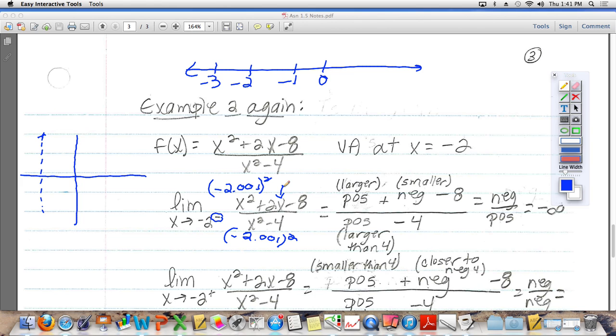One more to try, and then we're done. We have to figure out what happens as you approach negative 2 from the right side. So give me a value that is to the right side of negative 2. Negative 1.999. Plug it in. You already know what you should get because I already have the answers right in front of your face, but I think it's good practice to try. You plug in that value, you put your parentheses where they are supposed to be. You are going to end up with a negative divided by a negative, which means, of course, that your graph is going to be approaching